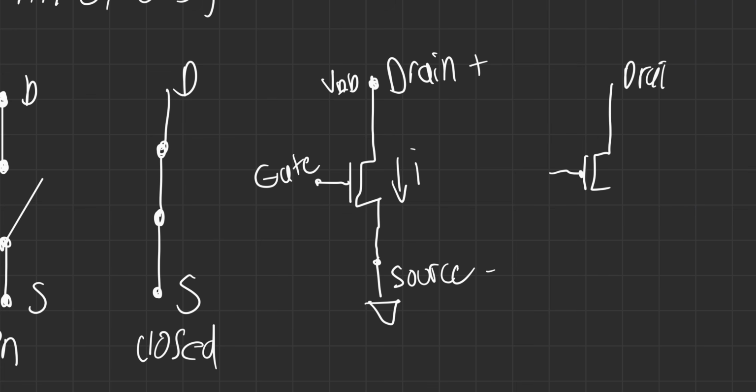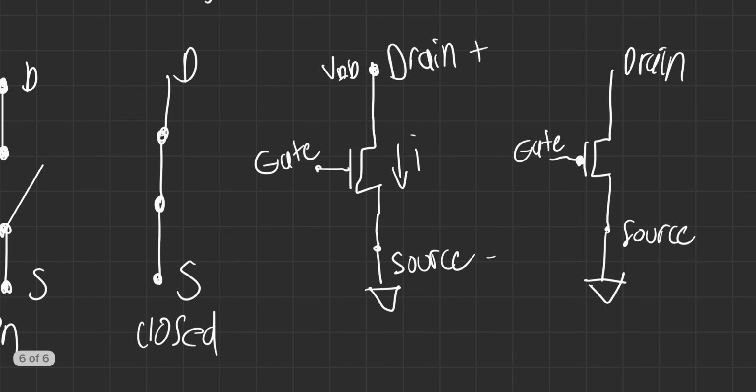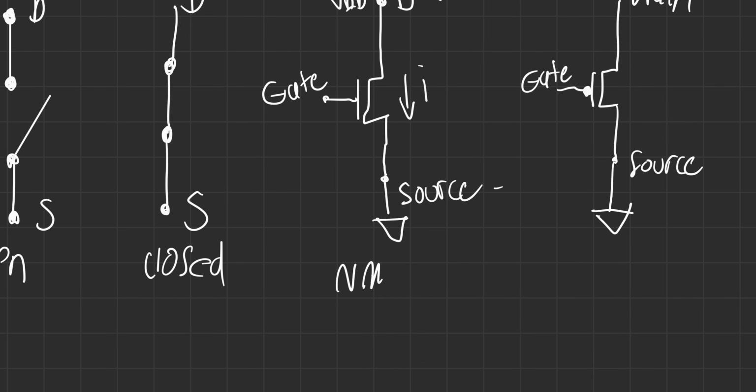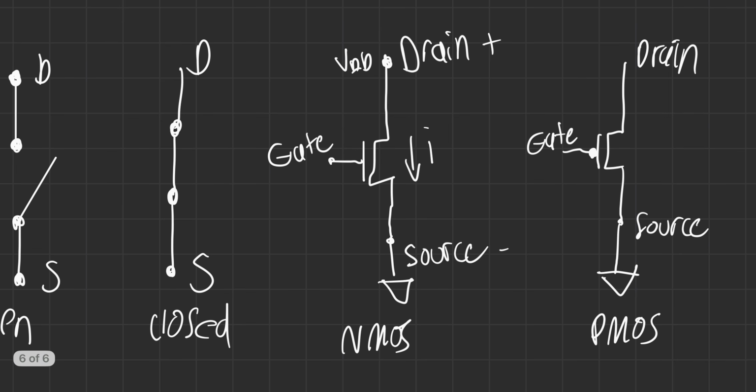Same thing here, drain, source, and here's the gate. And we know it's a PMOS because we're putting this dot. So I'll kind of discuss how they work. With an NMOS, we'll label it here, NMOS and then PMOS. With an NMOS, you apply voltage here,